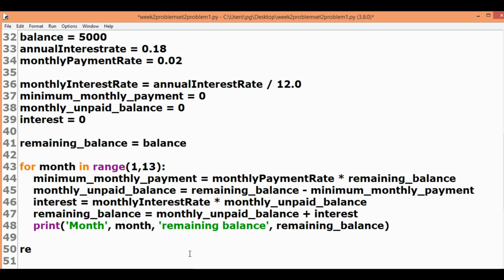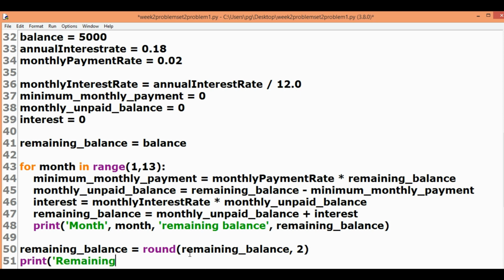Then balance is equal to round remaining_balance to two, and print balance.